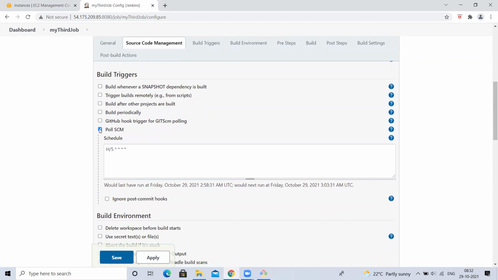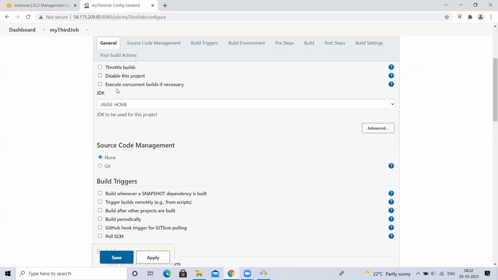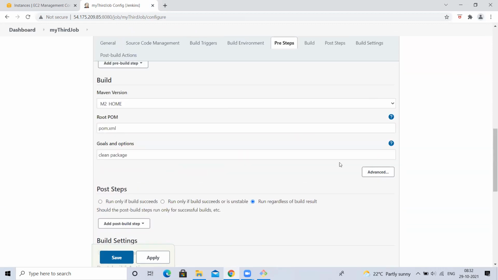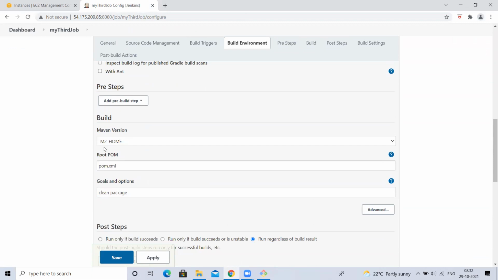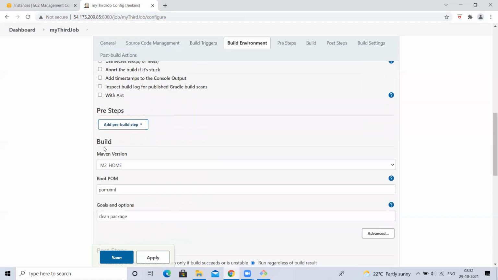I'll not even use Polyscium. Okay, I'll use it like this. I don't want any GitHub. I don't want any Java as well. So my job is just to take some backups, right? When someone clicks on something, I just want to build Maven, or even if you don't want to do this also, you can ignore it. I just want to execute some action, something like this.